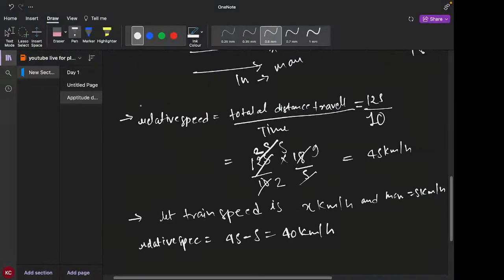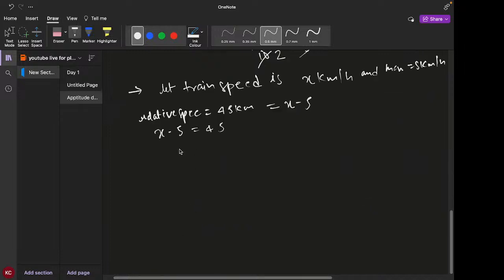No, I am making a mistake. I have to do this. This relative speed is equal to 45 km per hour, and this relative speed is also equal to x minus, that is speed of train, minus 5. So x minus 5 is equal to 45, then x is equal to 50 kilometer per hour. So I am going to stop my